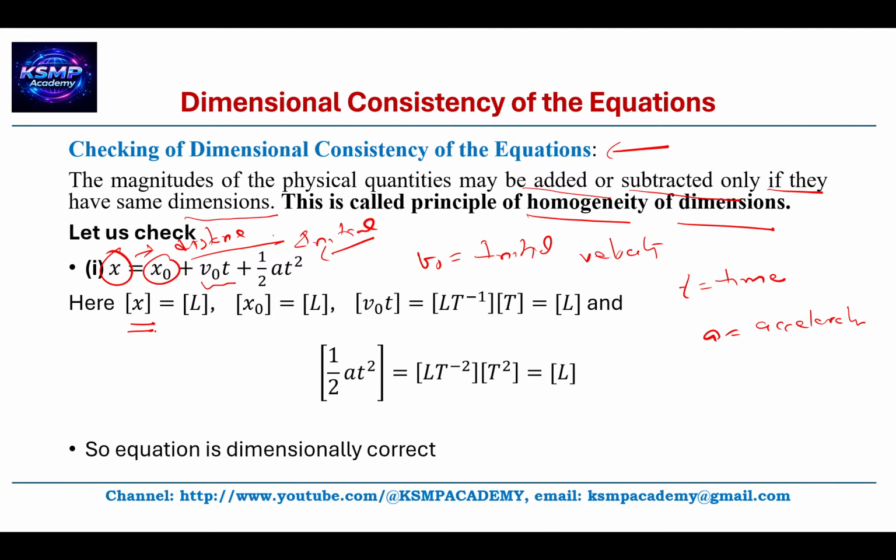As per this principle, all the terms should have the same dimension. We know that x is the displacement or distance, so its dimensional formula is L only. For x0 also L, the same value as x. Let us have a look at v0t. The dimensional formula of v0 is LT minus 1, it is velocity, that is meter per second, and t is T. So therefore the overall dimension is L, again the same as x and x0. Similarly for the term half at squared. Half is a constant, so no dimension. Acceleration